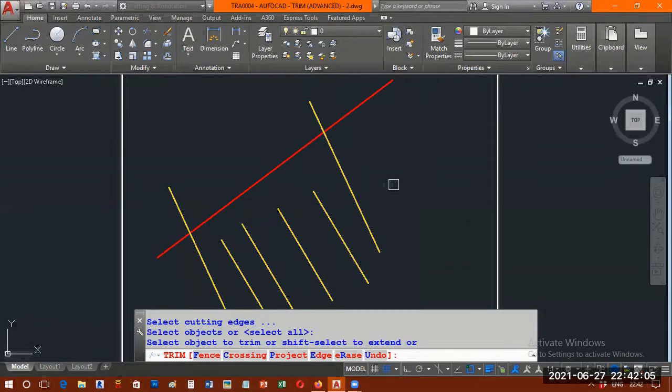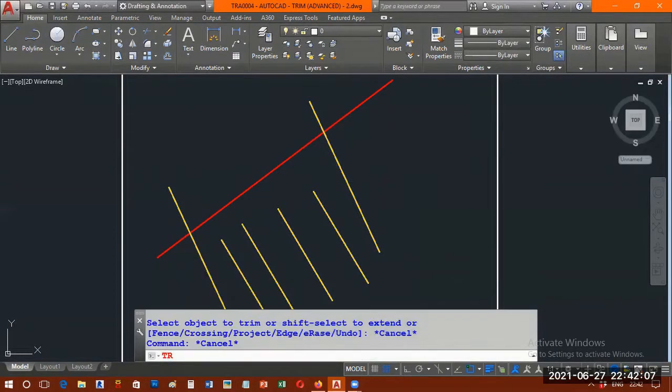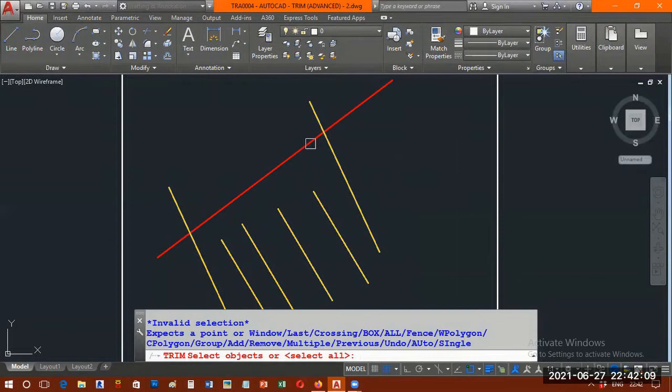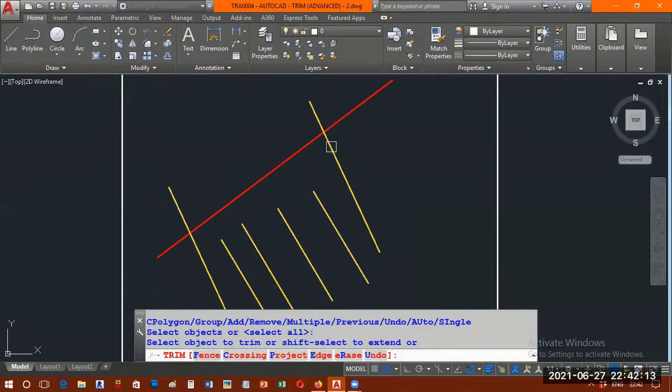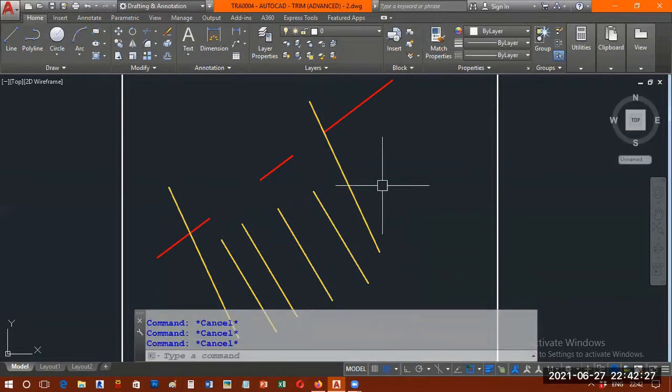I repeat again, TR double enter. Now watch out. I want to remove this red color line. If I try to remove it, see, this is going in bits and pieces. Trimming is happening in bits and pieces. I undo it back.